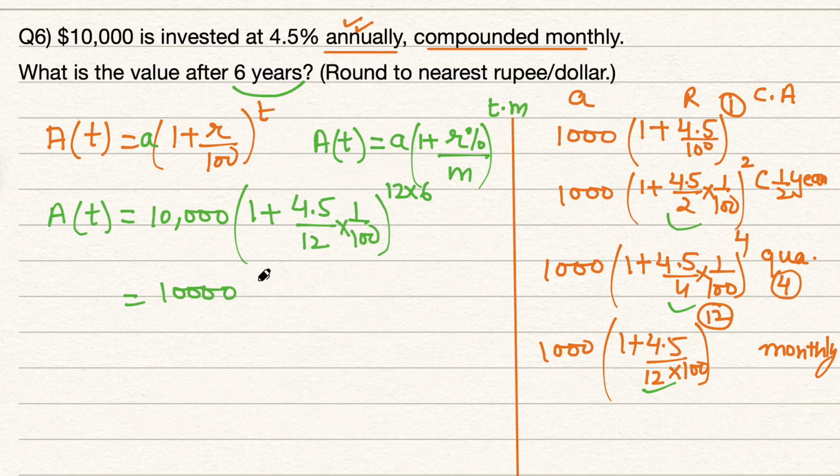Now the rest of the job is of the calculator. 1 plus decimal 0.00375 raised to the power 12. It is 10,000 times